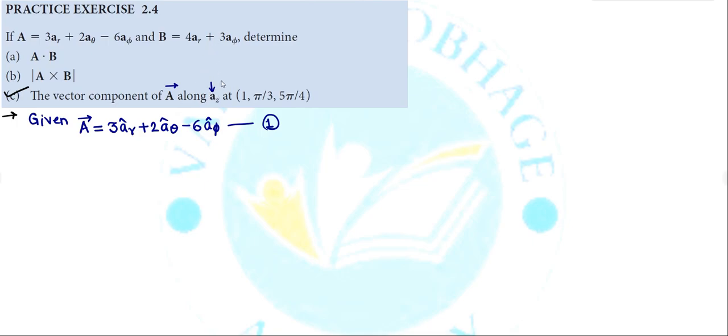Okay, so AZ is what? It is given in terms of the Cartesian coordinate system. So we just have to convert our given vector A from the spherical coordinate system into its Cartesian form, and then we are going to find out the vector component of vector A along the AZ direction